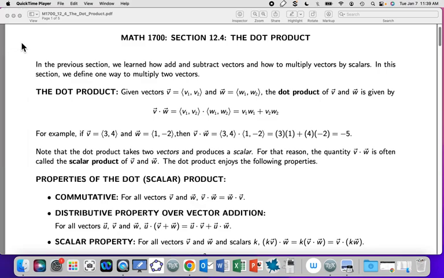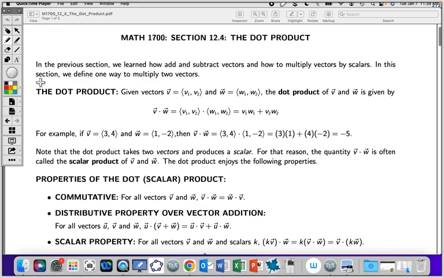In this section, we're going to talk about one way to multiply vectors together. The way we're going to mention here is called the dot product. And here's how you do the dot product. Suppose you've got yourself two vectors, v1, v2,